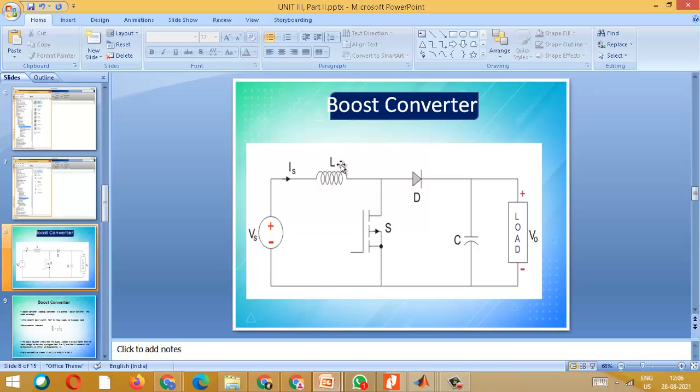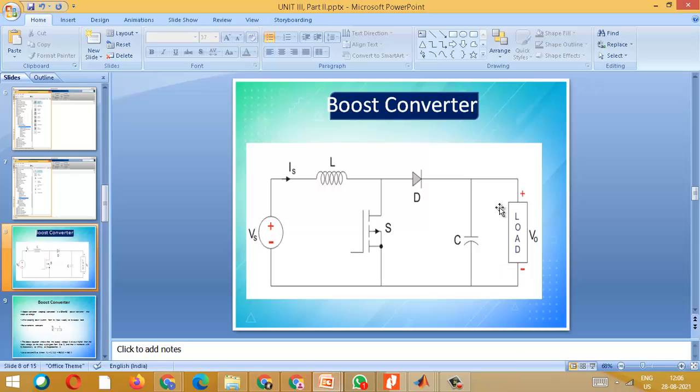In this part there is no source. This diode is just for protection, so that nothing flows through this path, only unidirectional flow. To make the unidirectional flow, we use this diode. None other than that has any other use; only for that particular purpose do you use this diode, because the capacitor discharge should not go in this direction. Capacitor discharge has to go only through the load.